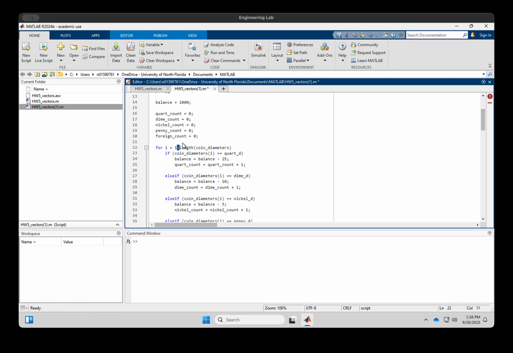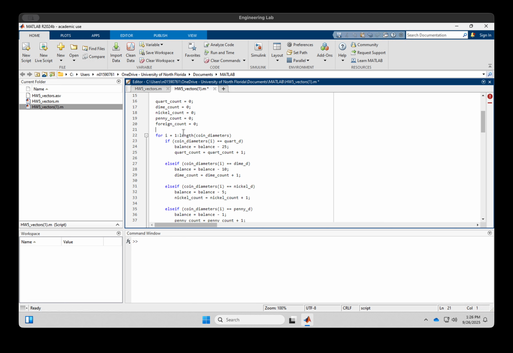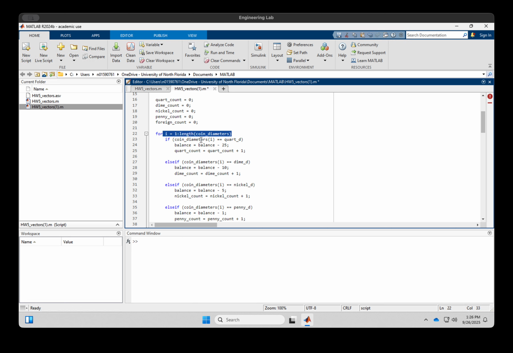And this colon just creates a range. So it creates a range from 1 to the length. So that's defining the first header of the for loop: what values of I are you going to use? And you don't even have to name it I. You can name it, I think in MATLAB it's convention for you to name it idx or something